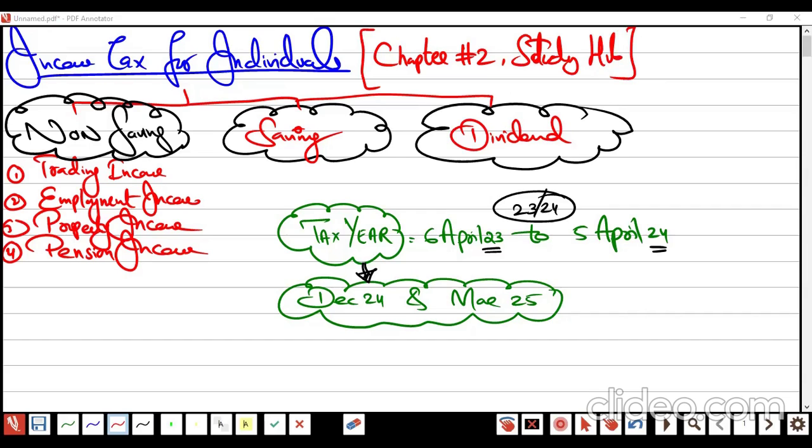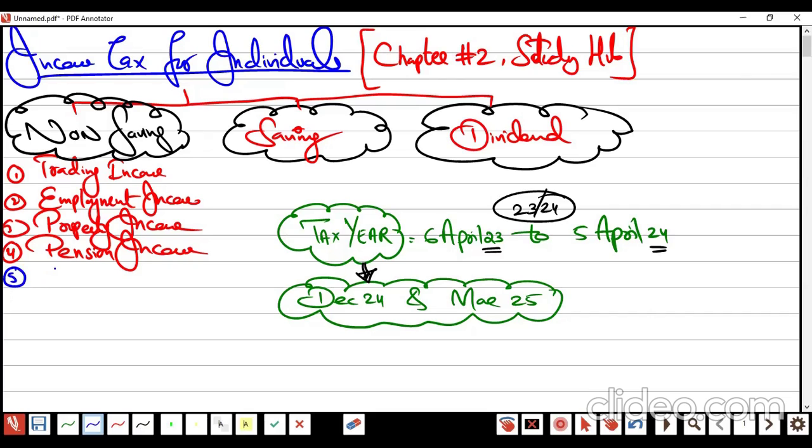Now, that is the format. Till here, you are not going to witness any difference as compared to your TX. Same thing. Now, with blue color, I am writing some additional things which are part of your ATX syllabus and which you didn't learn in your TX syllabus.